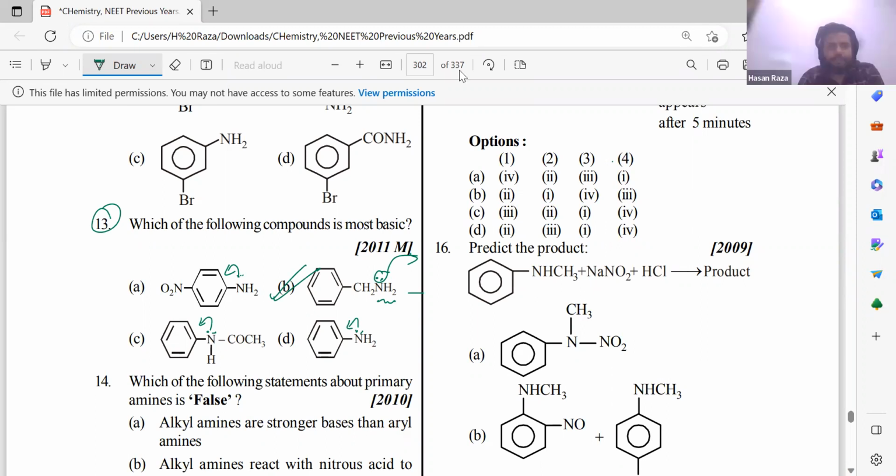Okay, so this is it for today. In your test there will be a main chapter. So I covered almost all the concepts except the diazonium, which is quite easy. You can do it. And that reaction we have already studied in haloalkanes and haloarenes. So I will see you in the next class, and we will start ionic